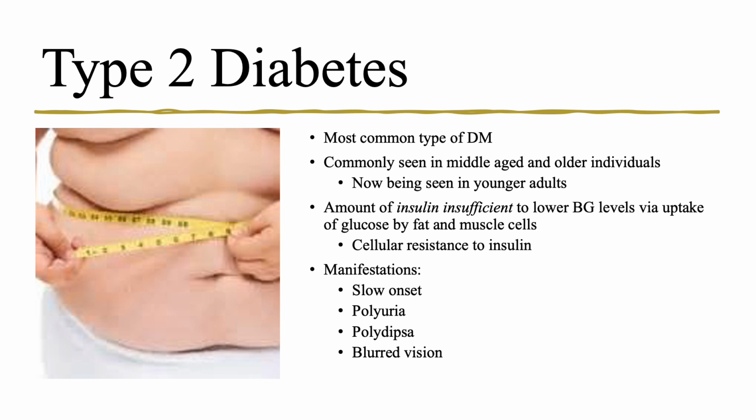Now, type 2 diabetes is the most common type of diabetes. We don't have this in my family, but it's very common in many families. It runs in families. Type 1 diabetes actually is very rare within families, but type 2 diabetes tends to run within families. Usually, we'll see this in middle-aged or older individuals, but we will see it in younger adults.